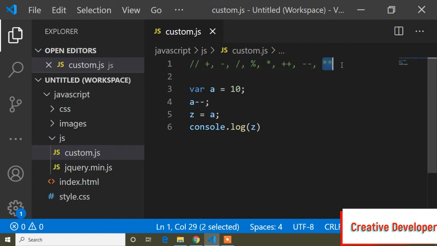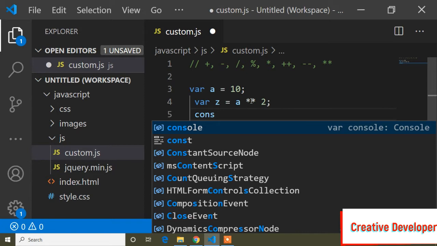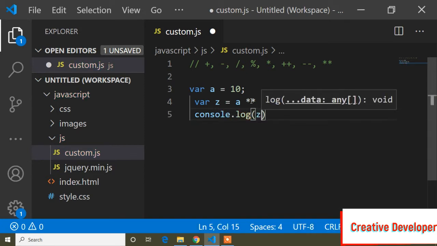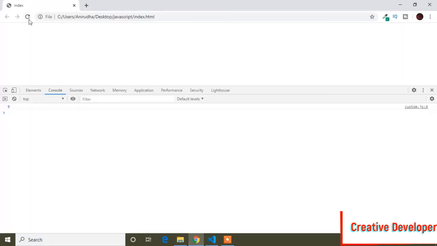And now guys, I will show how to use multiplication and why it's called arithmetic also. So guys, here I will remove that. Suppose I will write another variable, jet, and inside this jet variable I will write a double multiplication 2. And now if I print console.log jet, let's see the output.